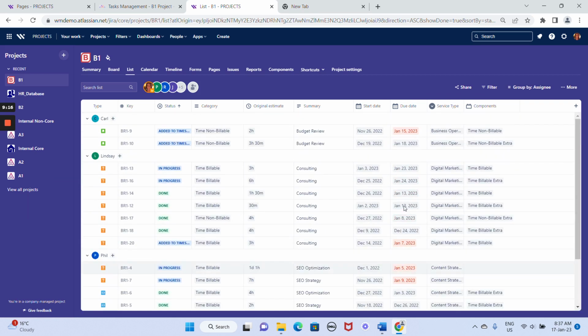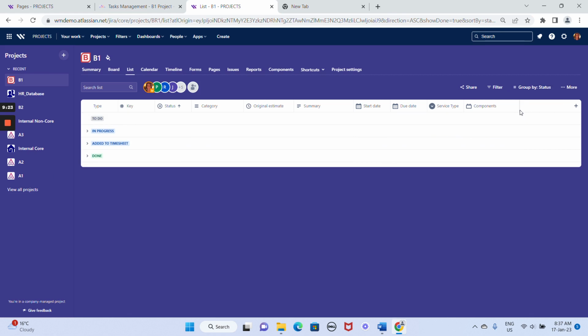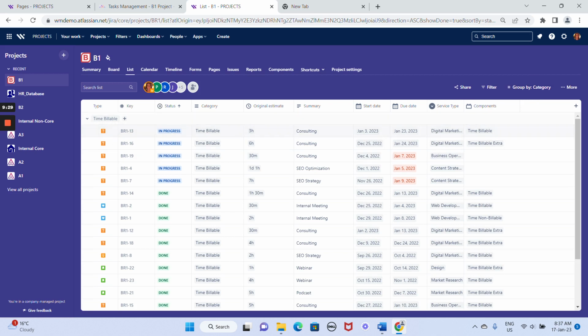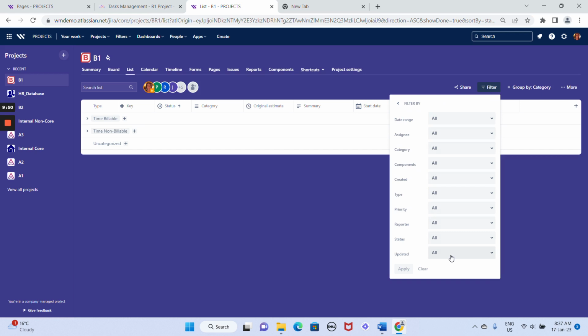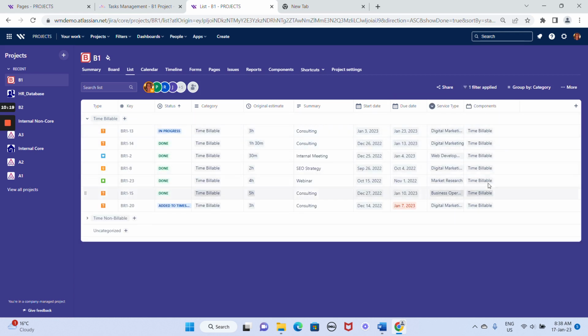So you see, you have this tree view, or by status, or by category. So we're going to talk about categories. We can apply some additional filters here, like components, for example. We would have only time billable here. Okay, so